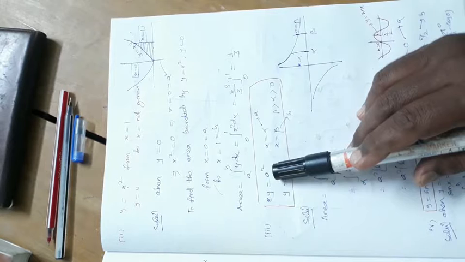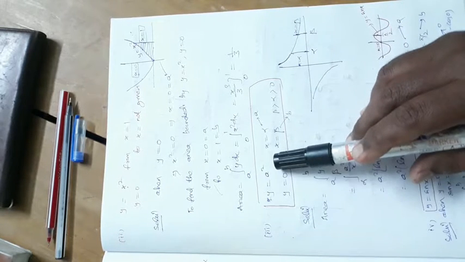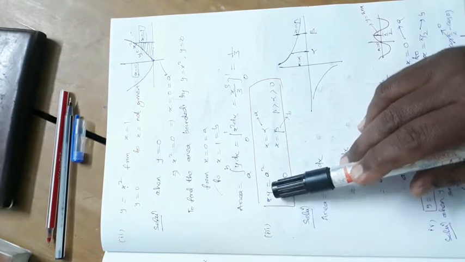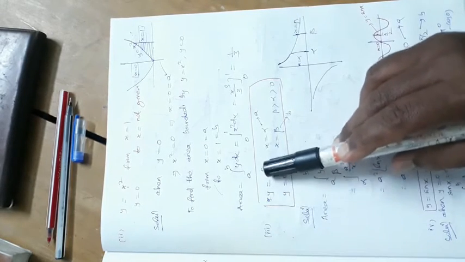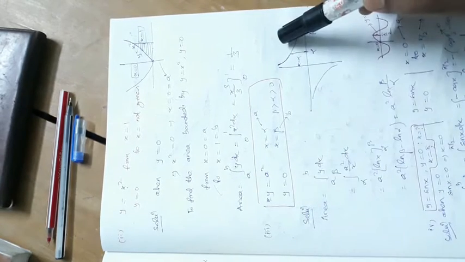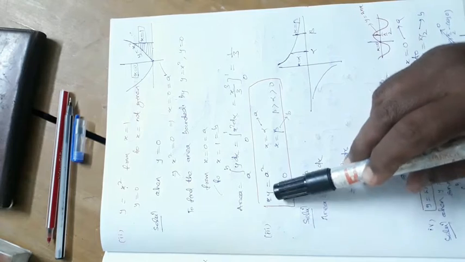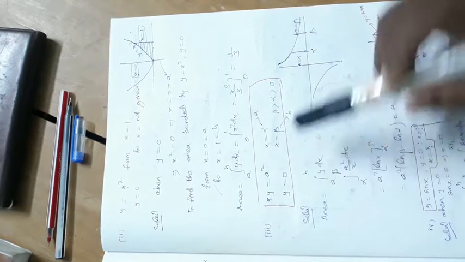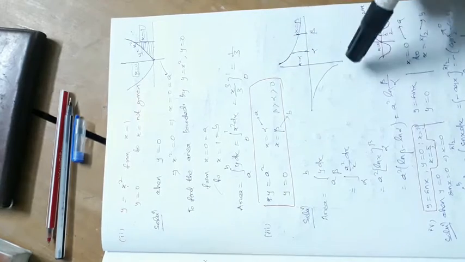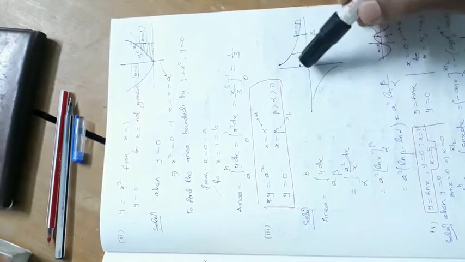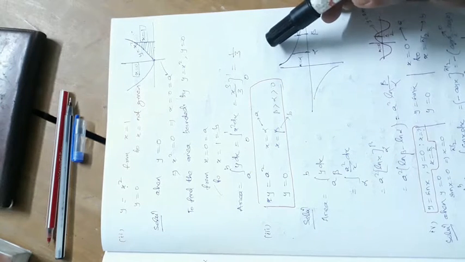A square means which is always positive. Always positive means suppose xy is equal to k, where k is positive. The multiplication of two numbers x and y is positive. A square means positive. That means both x positive and y positive, that is in the first quadrant. Another, both must be negative, x negative and y negative, then the result is also positive. So the curve is like this. Why this? Remember your Boyle's law, where volume and pressure vary inversely proportional.